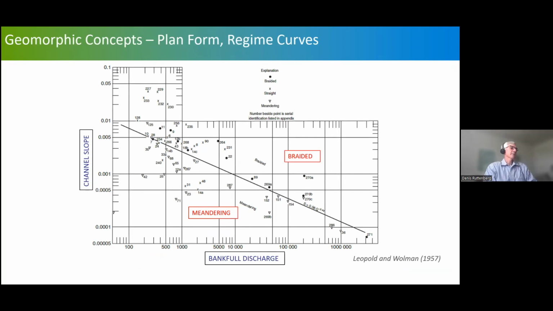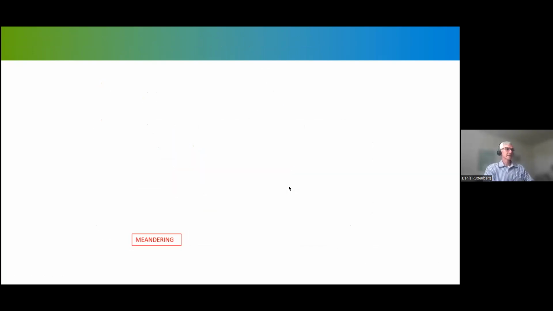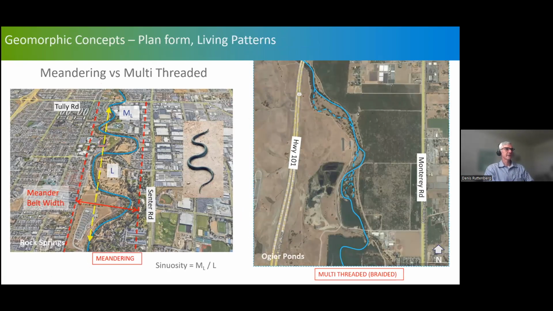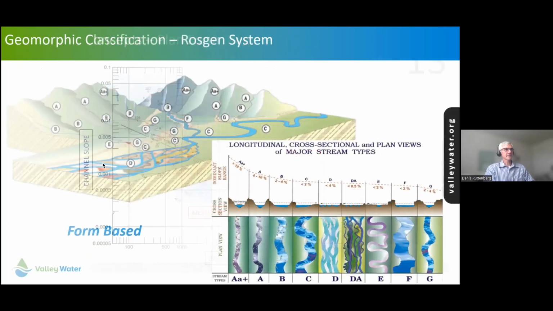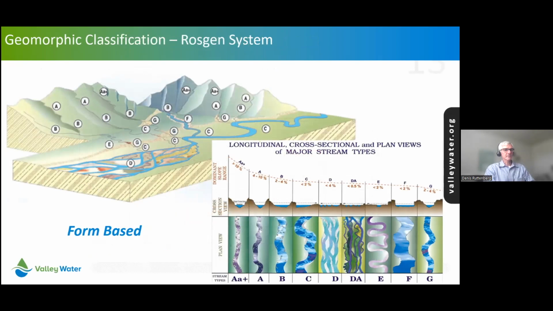He did a bunch of measurements and came up with a relationship between bankfull discharge and slope. Based on those relationships, you can roughly peg what kind of stream you're going to have. Is it going to be braided or meandering? You can use this chart based on bankfull discharge and slope to figure out where you are. So, given bed form and plan form,